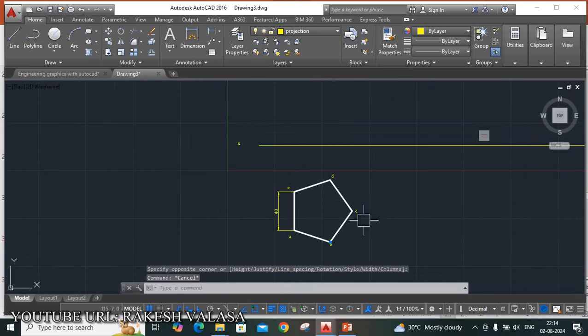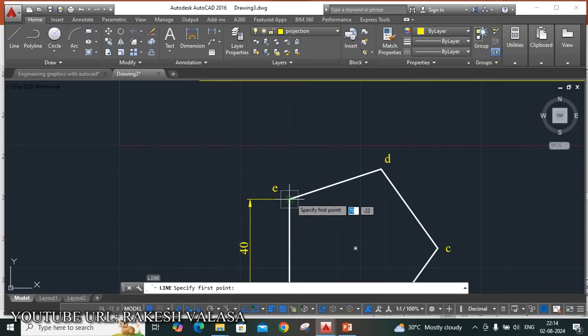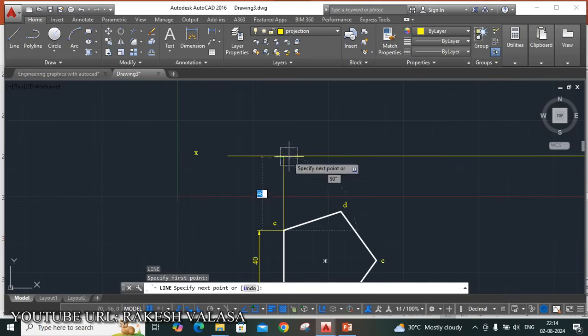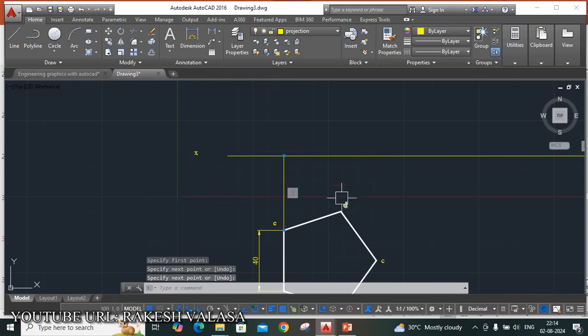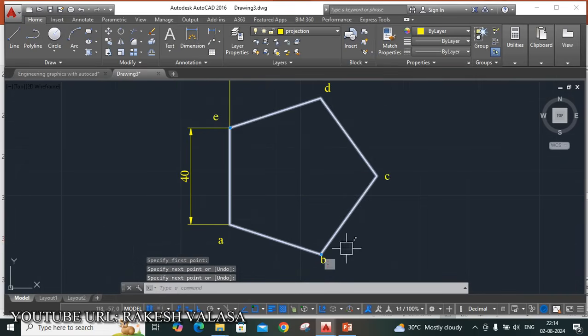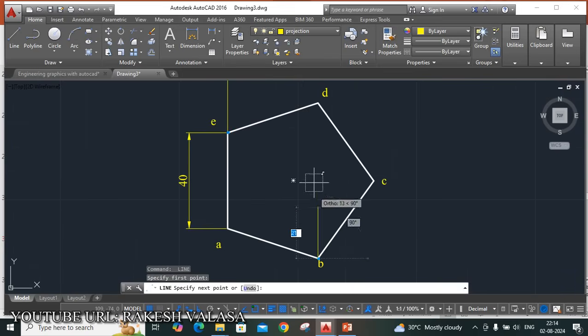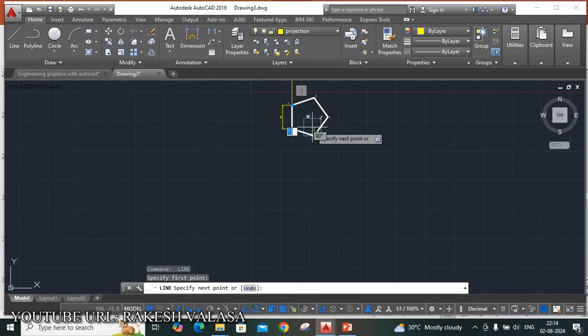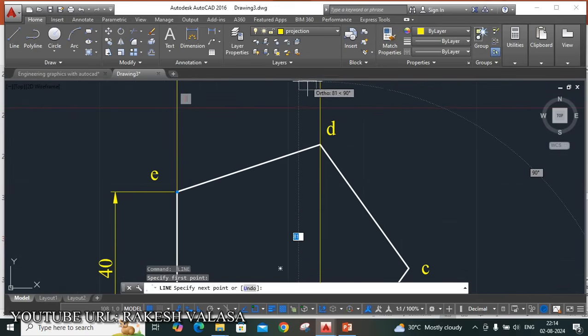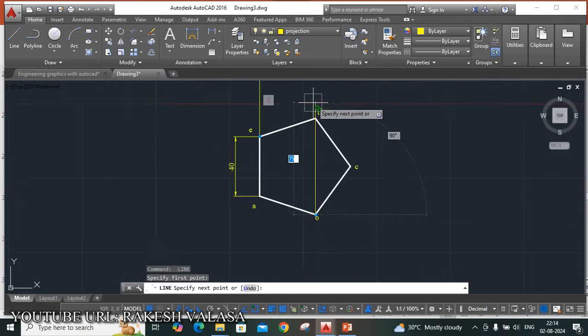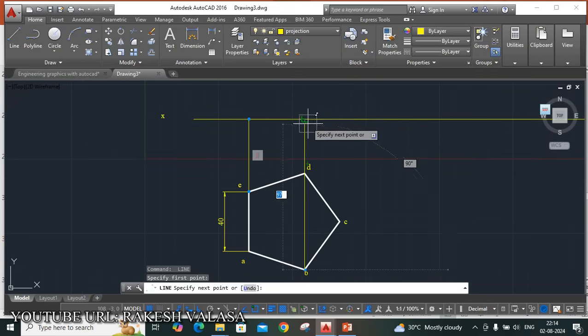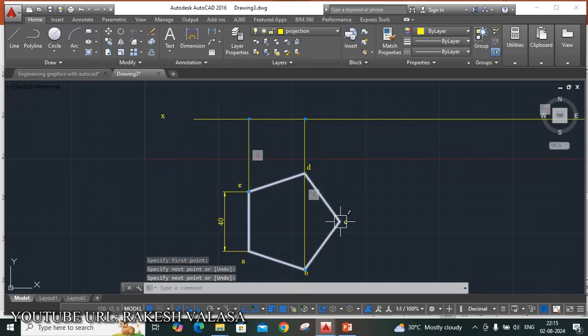Now draw the vertical projectors from each and every point of the regular pentagon. First one is from E point. Next one is from B point. Next one is from C point.